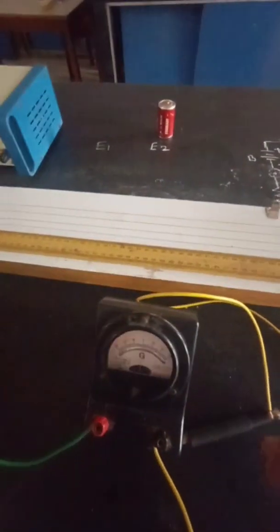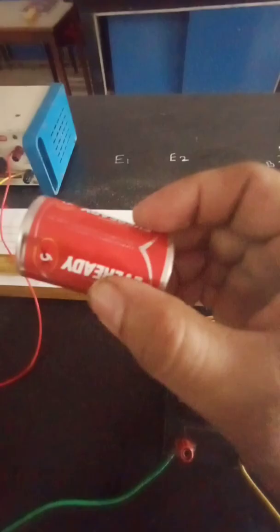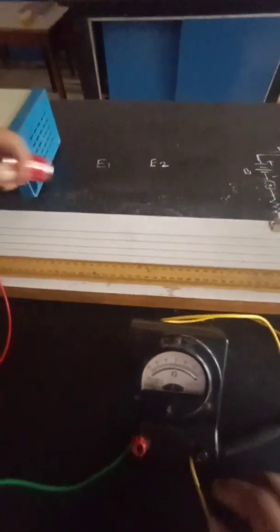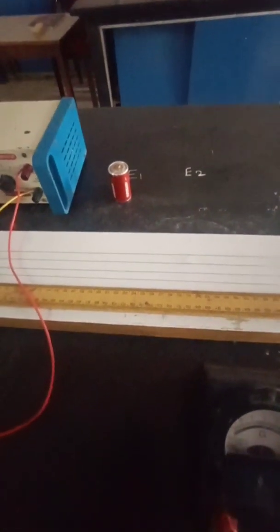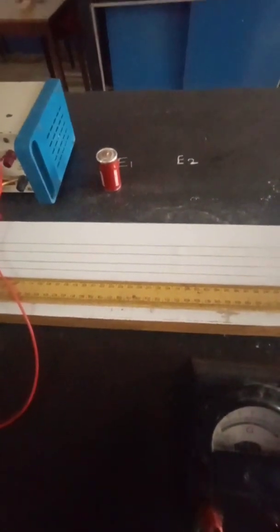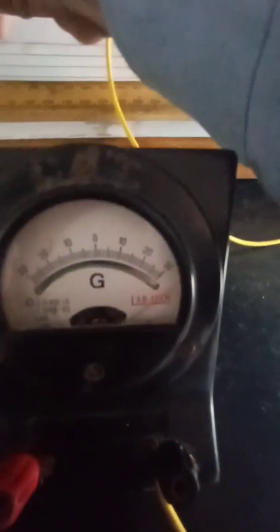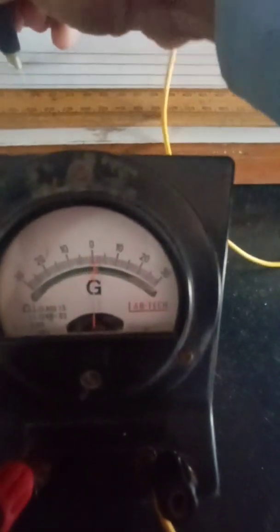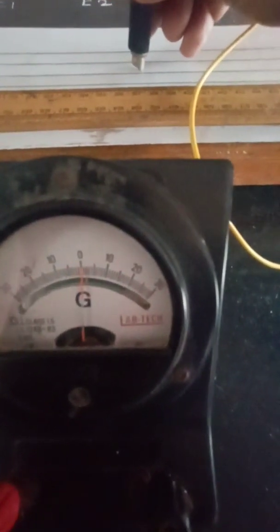Then we will go for the next reading. Now in place of E1, this E2 will be connected, and by the same procedure we will get the null deflection. Instead of E1, E2 will now be connected in the circuit. It is not necessary to check the connections again, so directly we can slide the jockey along the length of the wire, so that the deflection is not equal to 0, but when the jockey is slid along the length of the wire, at that time we will get